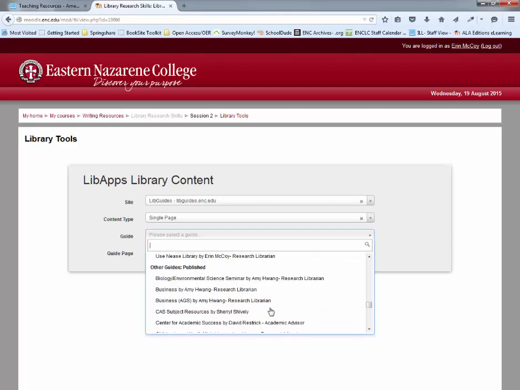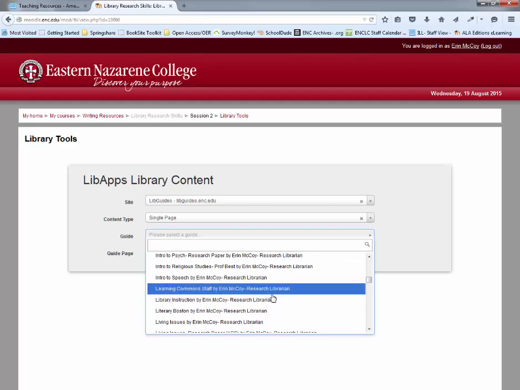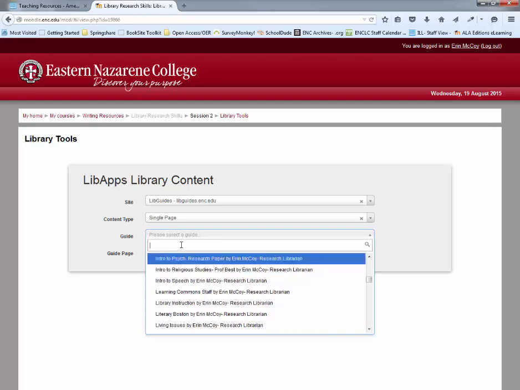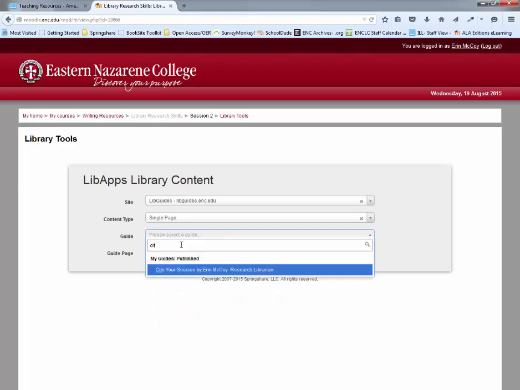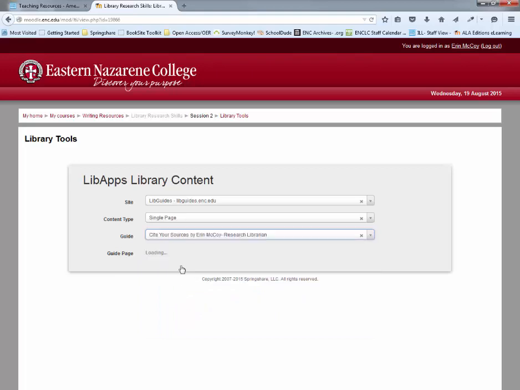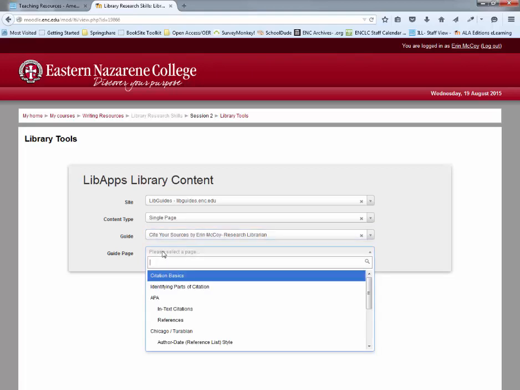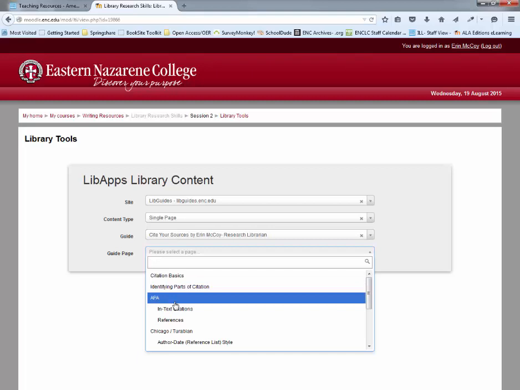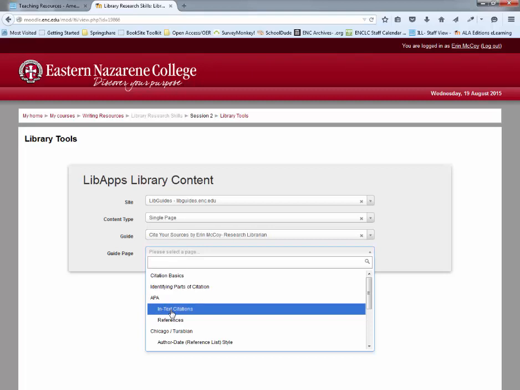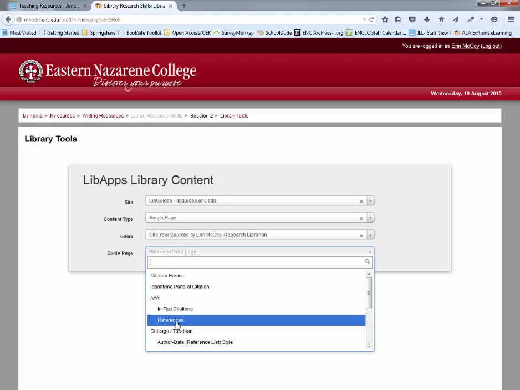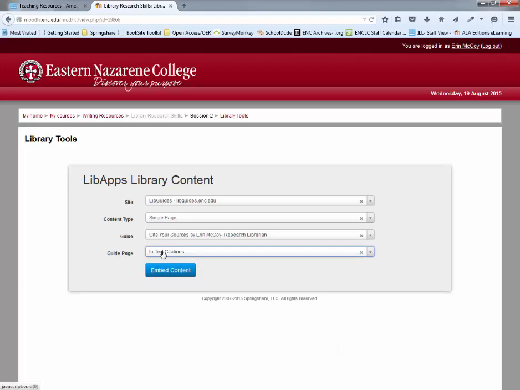And you have access to all the content that's on these guides. Okay, so say I just want to add a page from the citation guide to make sure they know what citation resources are there. So cite your sources. This is the guide. And say in my course, they have to use APA, and so I can do the general APA page. I can copy the in-text citation page, the reference page, and again, these are the pages that have been created by librarians that are on the guides. So if I just say I want to embed this in-text citations page for examples,